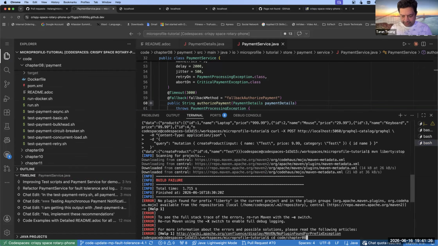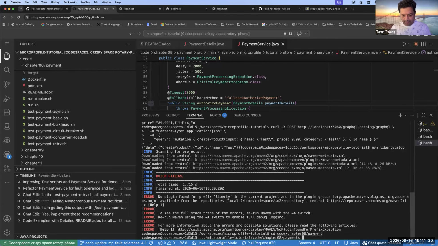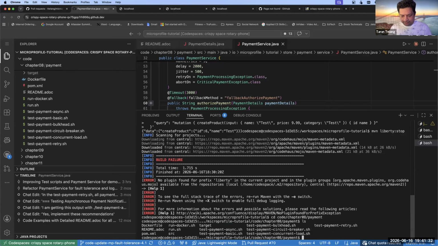This is chapter 8, and then this is payment service. There are various test scripts. For example, here I have some basic test. Let me run this first. These are shell scripts which have the curl command,